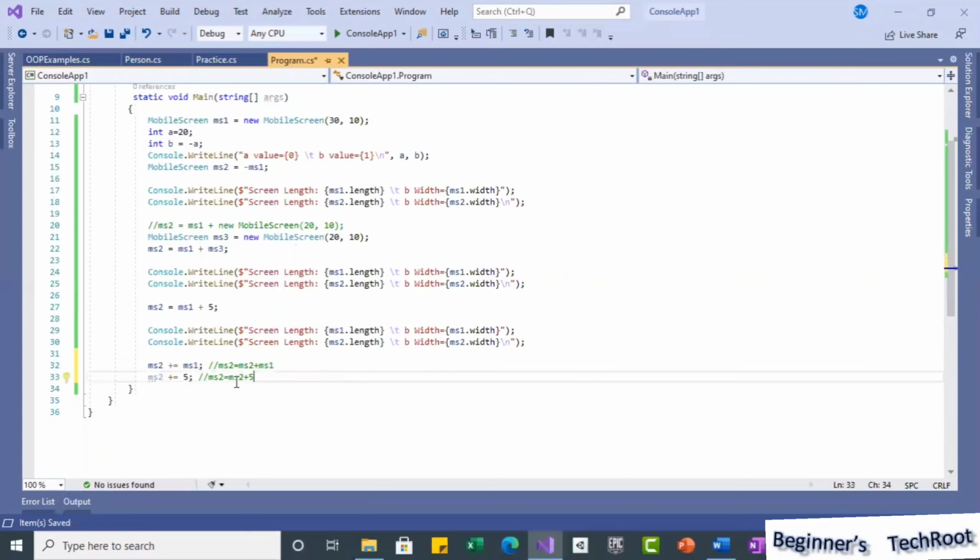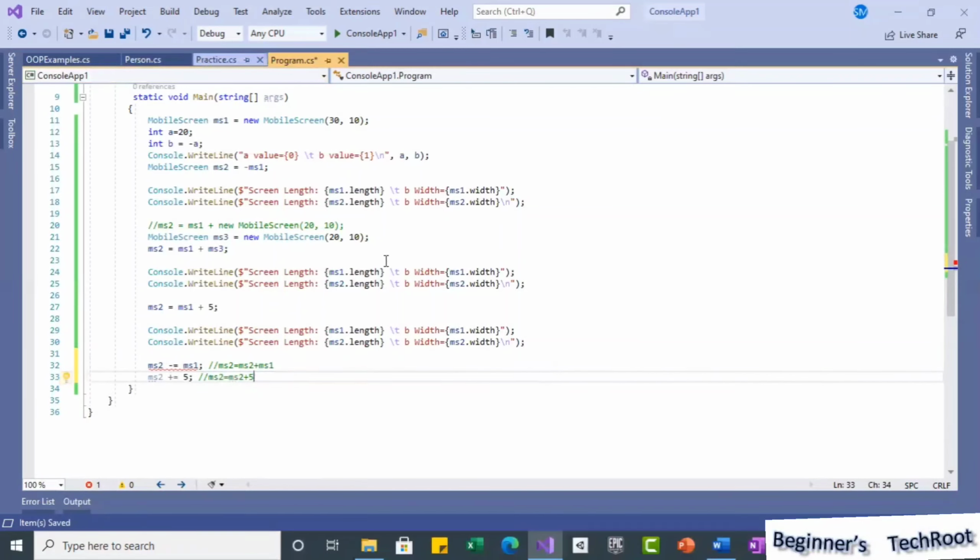Okay, so this happens implicitly, but for this you need to implement the plus. Suppose I use minus here also. Minus we only implemented as a unary, right? Binary we didn't implement. So if you use minus here, you will get the error. Why?